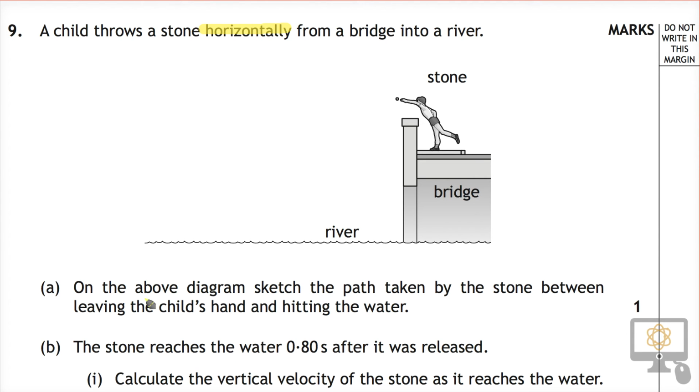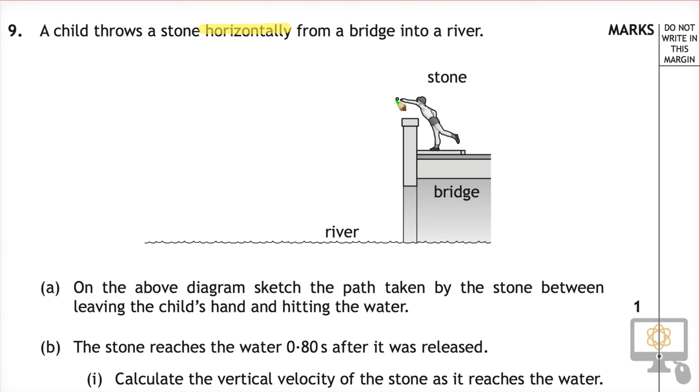It says in question A, on the above diagram, so you have to sketch something here. So we're going to use a red pen. Sketch the path taken by the stone, well, maybe a green pen actually, between leaving the child's hand and hitting the water. I choose green because red is kind of the colour for teachers to do their marking, so we'll use a different colour. So if we want to sketch the path taken by the stone,